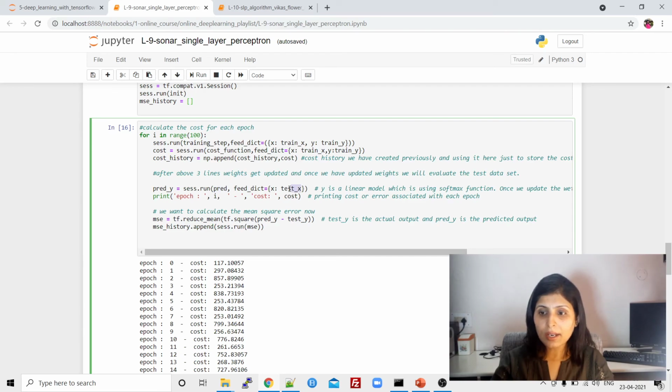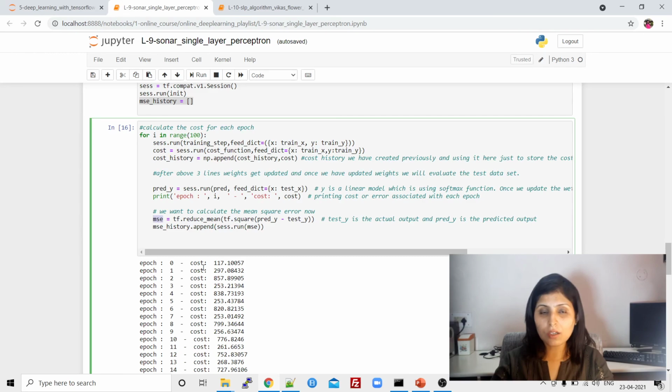And in x, what are we feeding? Test x, the data which is in the test x variable. And then finally, we are calculating the error, between the predicted y value and the test y value, and we have this MSE underscore history list, and in this list we are storing all the errors which we are calculating over here.